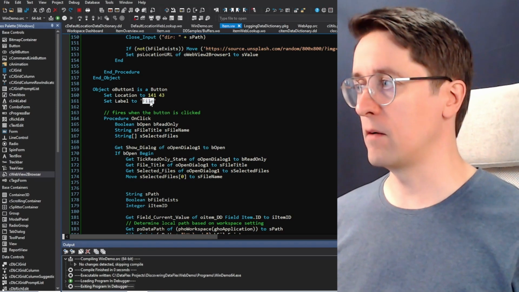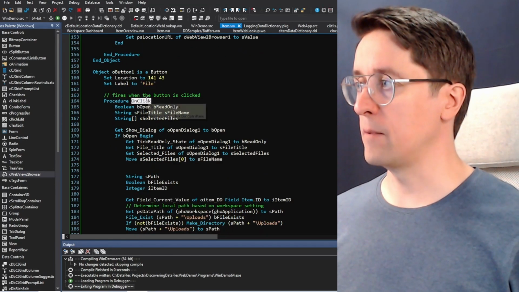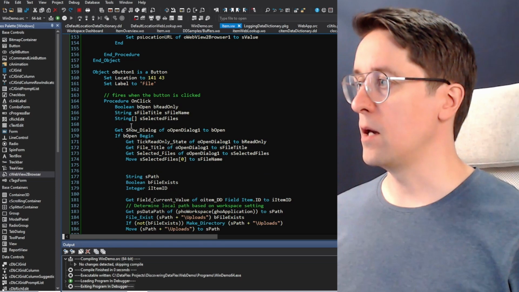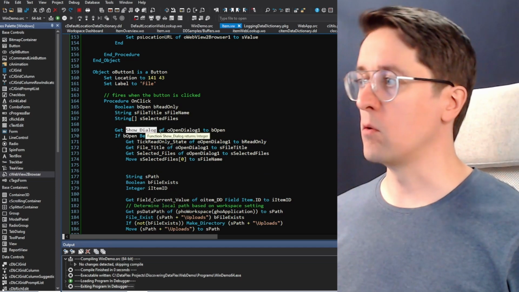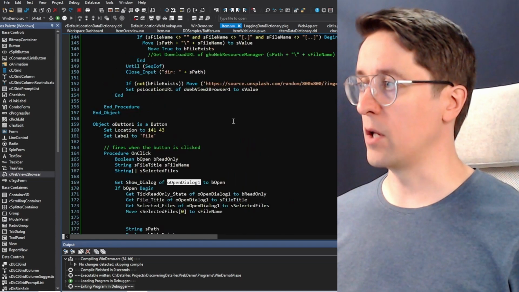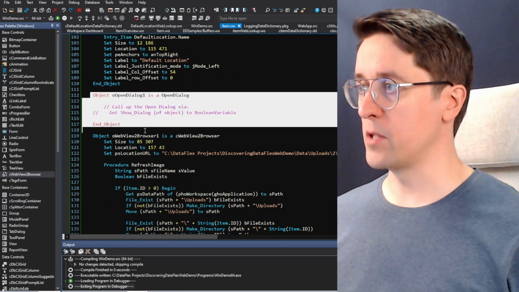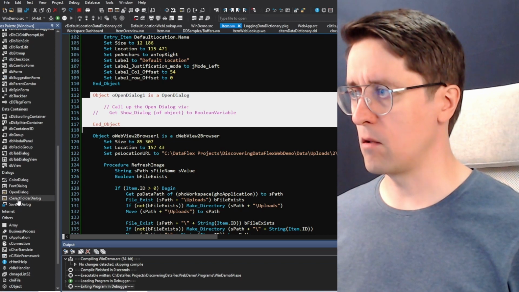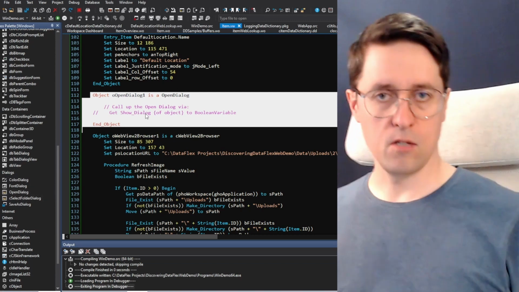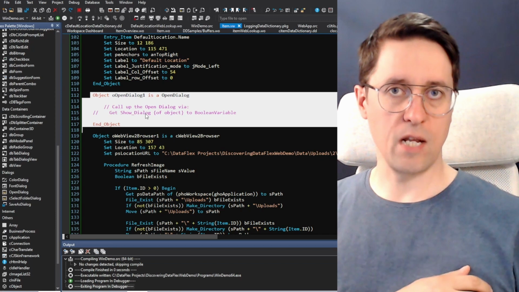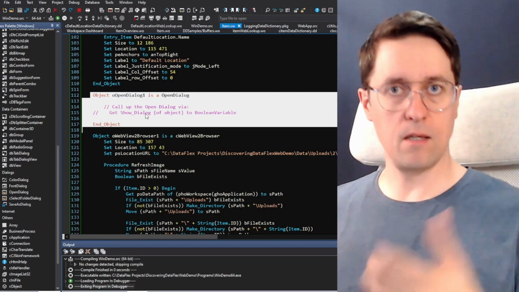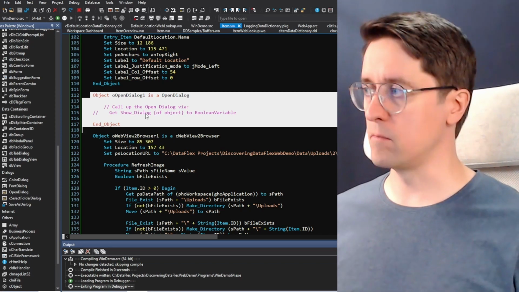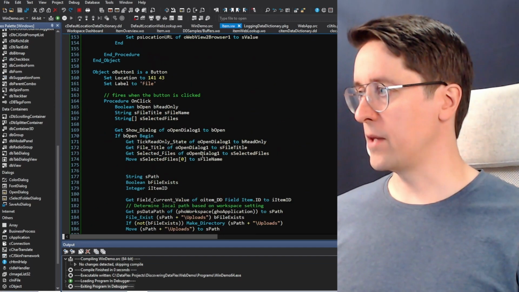So now we want to upload a file, and to do that, we add this button that we just call File here. And when you click that button, we get this show dialog of open dialog. And that is just an object that we have down here, open dialog in dialogs. And what this does is it's opening the selection prompt so that you can select a file from the file system. And with that file name,